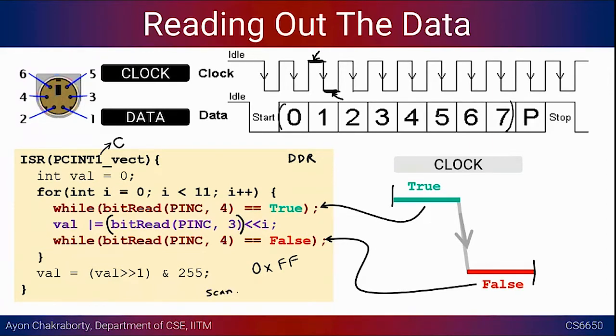This is just for your knowledge, and this scan code has to be passed to some kind of a table, which will give you the ASCII code for a particular key that you have pressed, whether it is A or 0, or a semicolon. So these characters will be mapped to certain ASCII codes, and the ASCII codes will be mapped to the scan code. So you can do this conversion. That is a tedious task, but these lookup tables are already available, and you can just use the lookup table as an array, and the array index could mean the scan code. So you can very easily implement that.